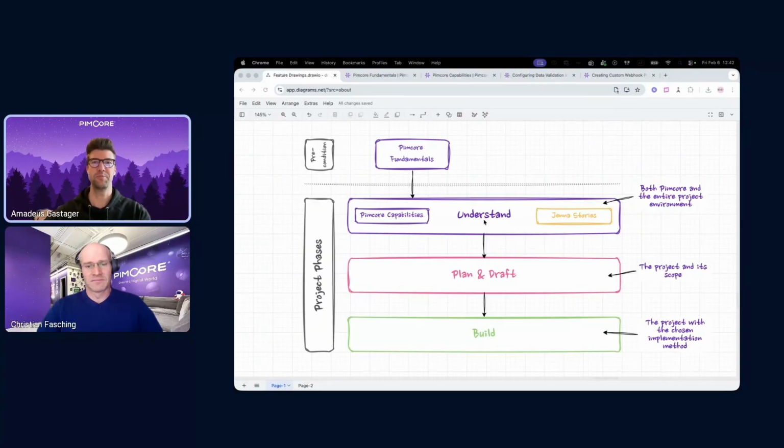And that's of course the main part from our side, that we give a top level understanding for all the Pimcore topics. Then in the next project phase, the plan and draft phase, we go a bit deeper with our courses. So we see all the details from different features and go until the point where a user can configure some features in the Pimcore UI. So everything that is configurable in the Pimcore UI will be covered in this level, and of course all the